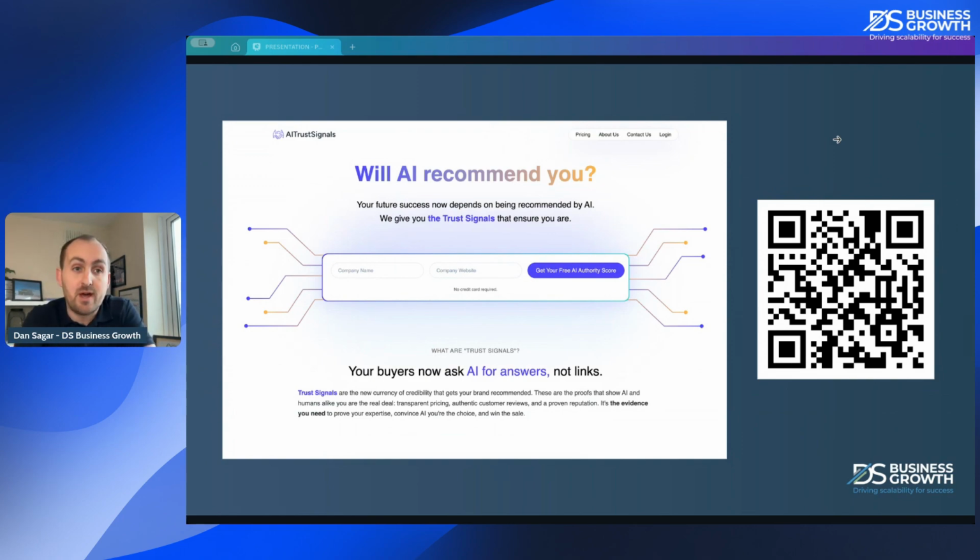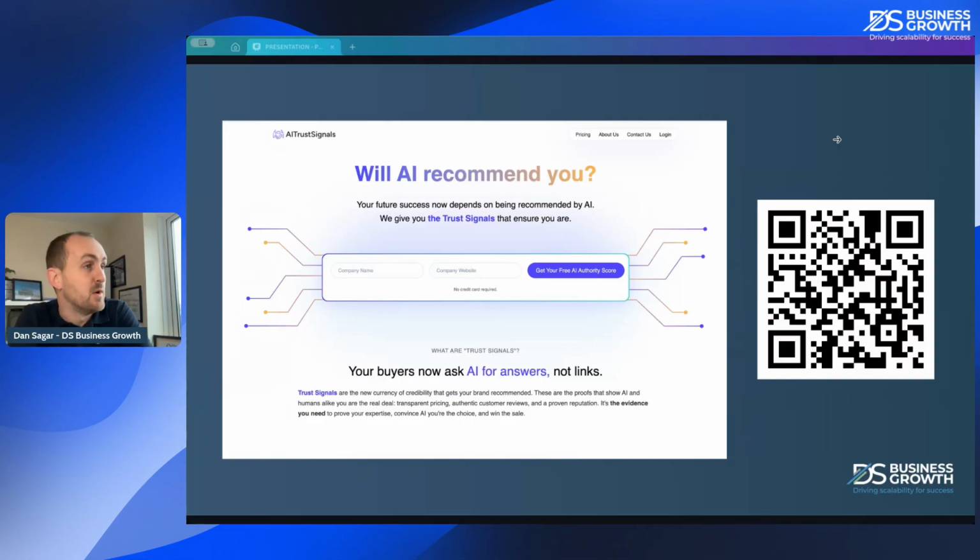A tool that can help you is AI Trust Signals. I came across this tool recently at a conference that I went to. This tool was made by a chap called Marcus Sheridan, who wrote this book, Endless Customers. It's his 2nd book. And what this can do is it can generate a report to show you how you can appear